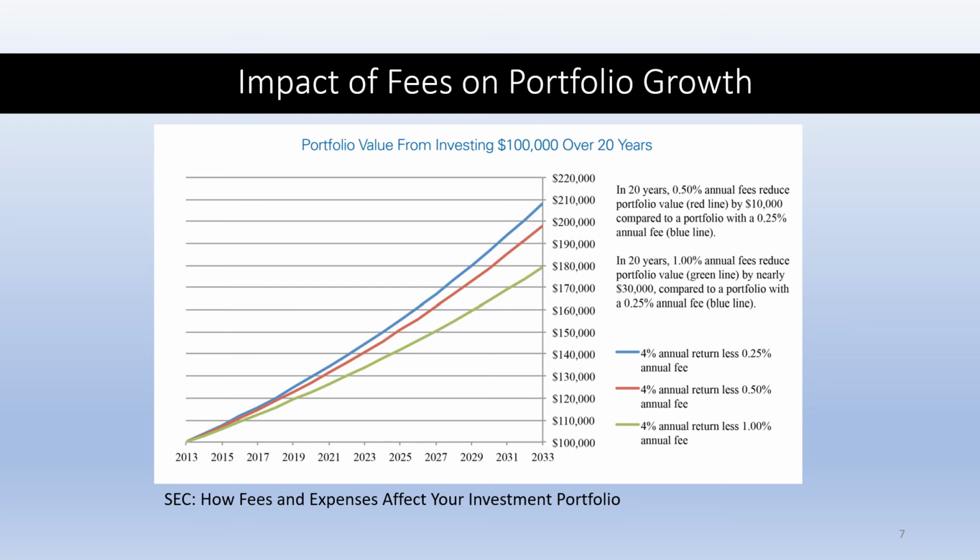For US bonds, just aggregate, 4.5%. A 60-40 stock bond split, 5.2%. And then if you factor in inflation of 2.2%, suddenly that 4% annual return doesn't look too bad, and definitely not out of line with what the typical investor